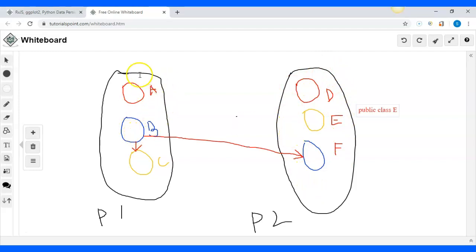Okay, or it can be used by the other packages, by other classes as well. I have just shown here 2 packages, but there can be more than 2 packages. There can be 3, 4, 5 or n number of packages and n number of classes within them. So if I say public, then the class can be used anywhere in the Java world. That means the class can be accessed anywhere in the Java world, and this is one